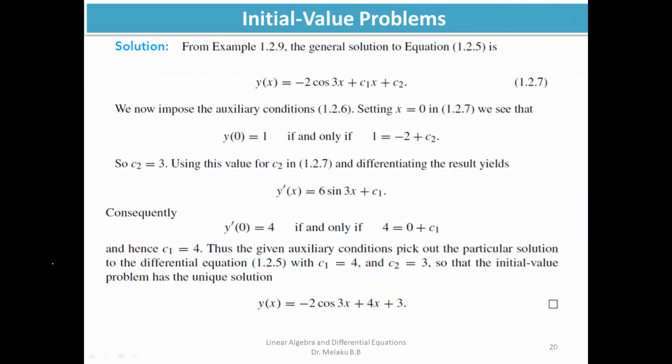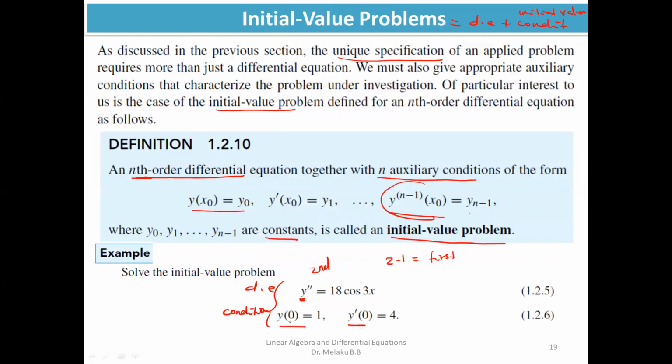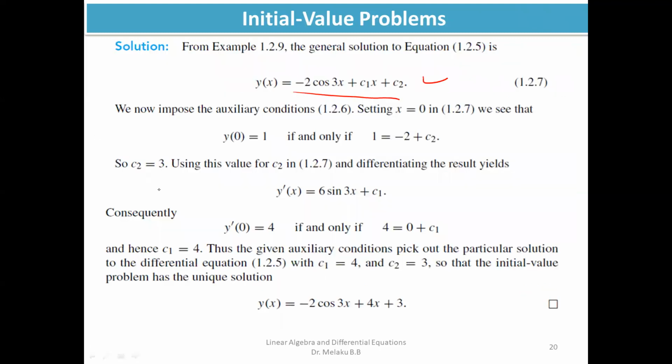From the above example that we have seen, this is a general solution. That's correct. Now we should substitute the auxiliary conditions. We have two auxiliary conditions: y at 0 is 1, and y prime at 0 is 4. Using these, we will determine C1 and C2. So y at 0 is 1 if and only if 1 minus 2 plus C2 is